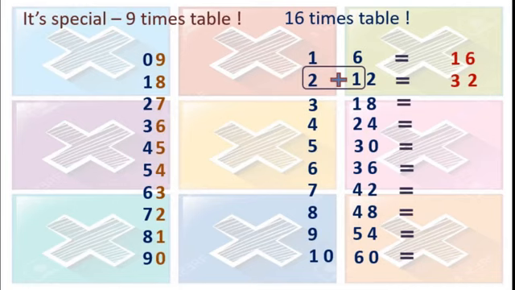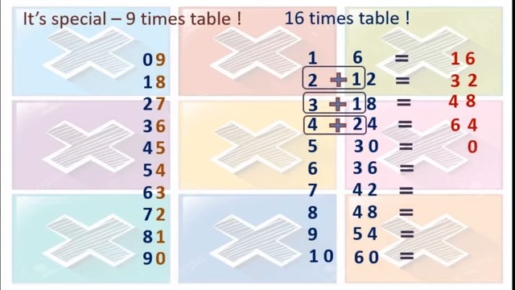For this means 16 ones are 16, 16 twos are 32. Okay. Now in the third line again we will write 8 as it is. We are going to add 3 plus 1. The answer is 4. 16 threes are 48. Got this? Next again 4 we will write. 4 plus 2 here. So that is nothing but 6. 16 fours are 64. Again here we will put 0 and 5 plus 3 is 8. So we will write 8 here.